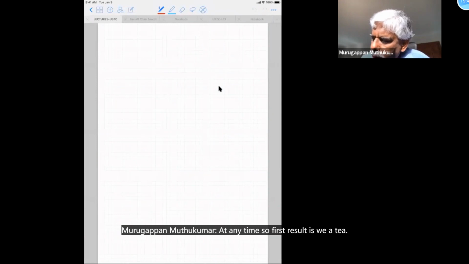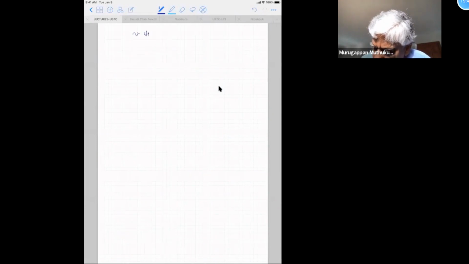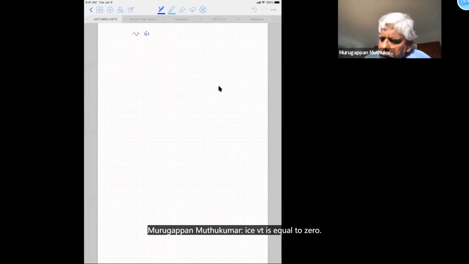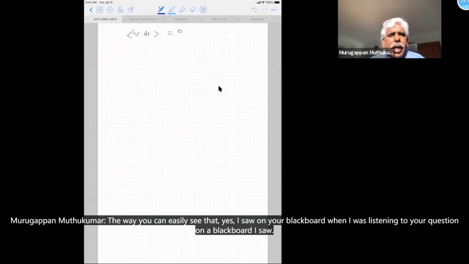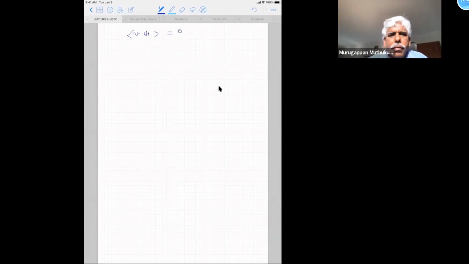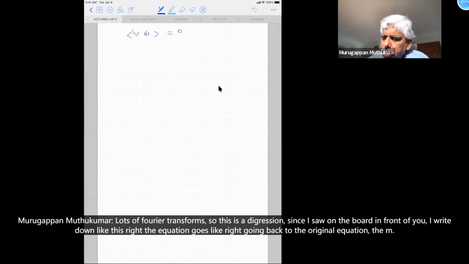So the first result is that the average of v(t) is equal to 0. The way you can easily see that is, I saw on your blackboard, when I was listening to your question, lots of Fourier transforms. So this is a digression. Since I saw it on the board in front of you, I'll write it down like this. The equation goes like